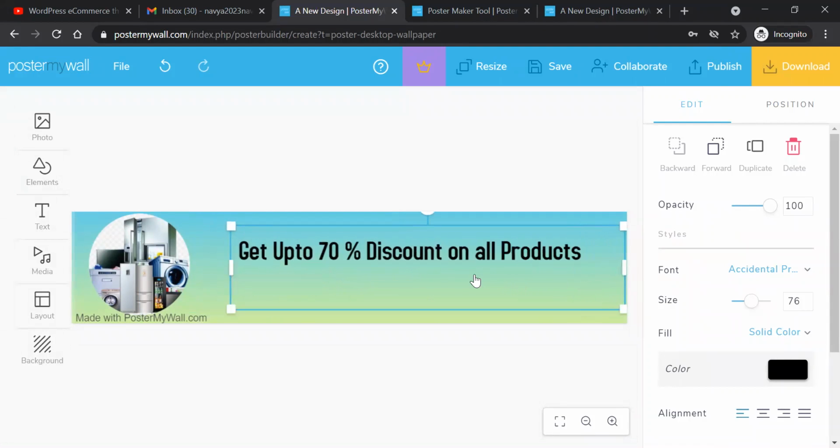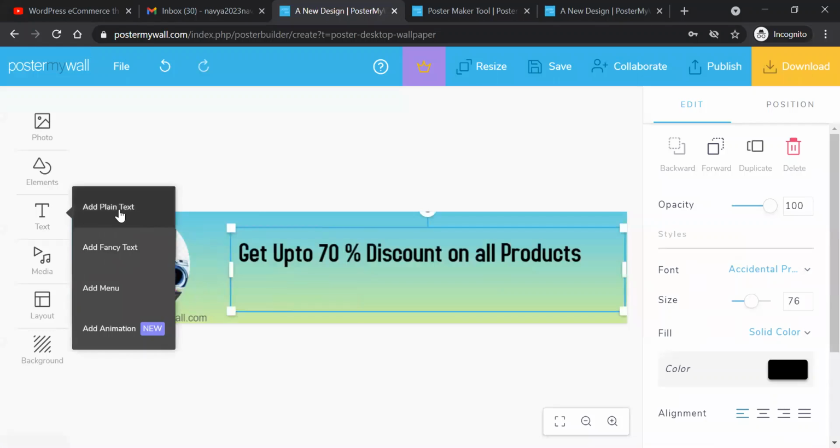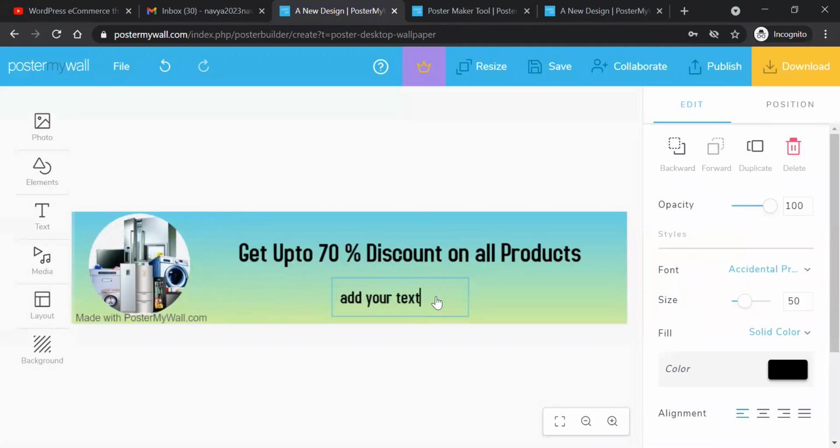You can drag this and add another tag saying "Contact."